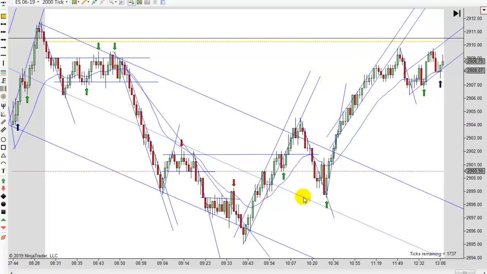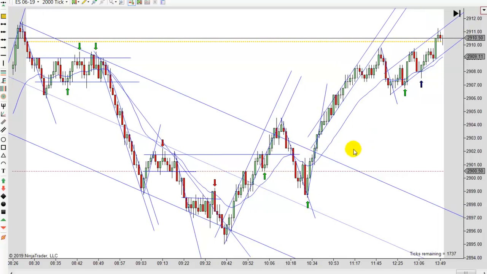It reverses, and look at it go. This thing rockets up here. And again, I would measure this leg here and look for a measured leg up on that at a minimum. And again, this is one of those moves where you just don't get a chance to enter. Look at it going. And you never really get a good setup to enter until you finally get a second entry right here. Notice that new high, first entry, pull back, and then a second entry long right there.